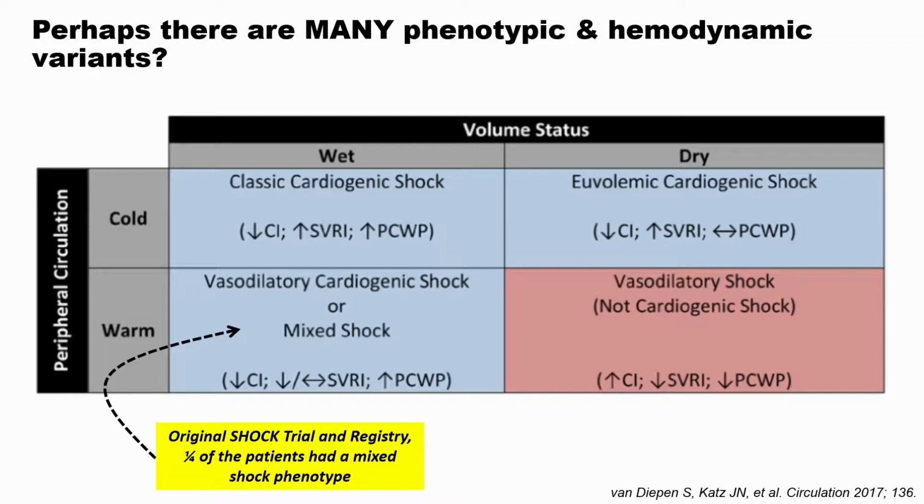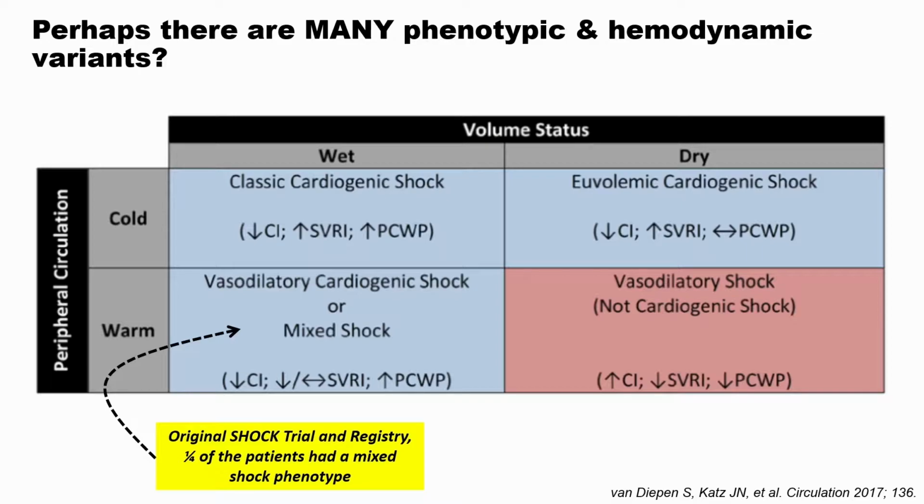We clarified that there are probably multiple phenotypic and hemodynamic presentations for cardiogenic shock, and to be sure, there wasn't a lot of data underscoring this 4x4 table. In fact, we extrapolated it largely from the acute heart failure literature, but did want to get across the idea that not all cardiogenic shock is created the same, that there are patients that present with classic cardiogenic shock where their cardiac filling pressures are elevated and their systemic vascular resistance is elevated, and they present in a classic cold and wet phenomenon,